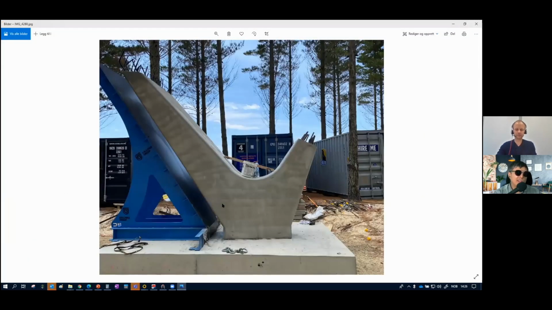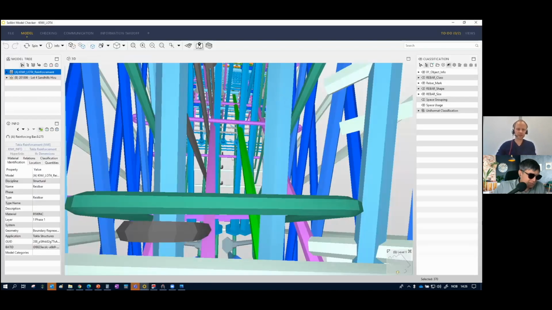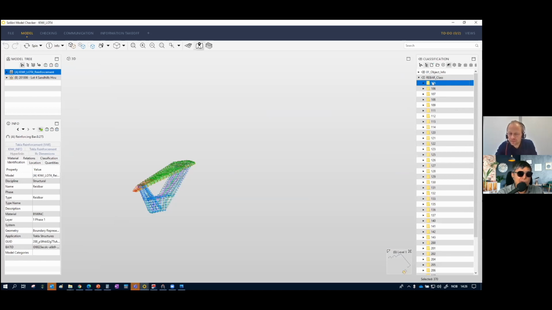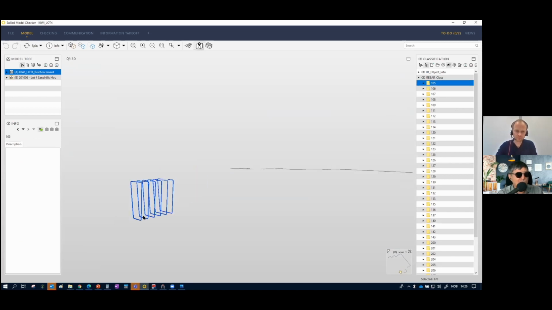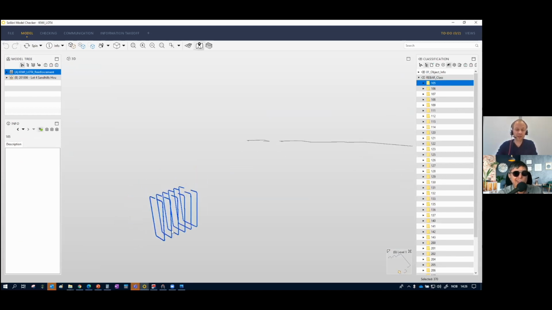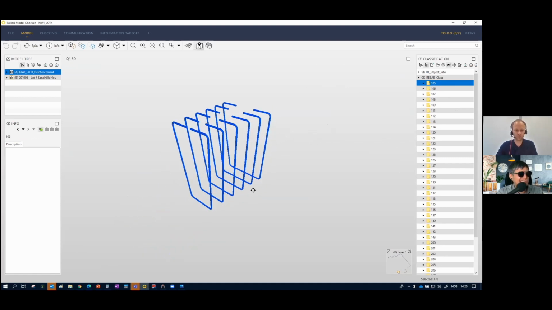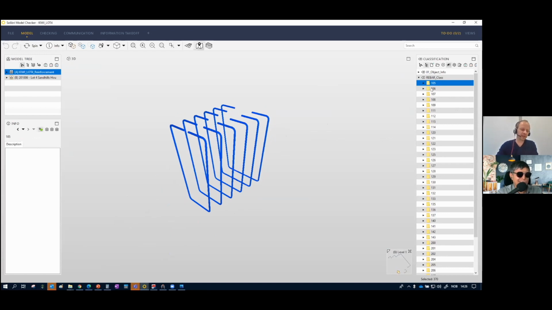So what do you do then to be sure that it won't be a clash on the site? How do you fix this? Well, on this side, I can show you quickly. Let's see. But in the first place, if you would not have a 3D model, you would not have seen this. Definitely not. And I'm sure they eventually would fit it all, but it would take a lot of manual labor,